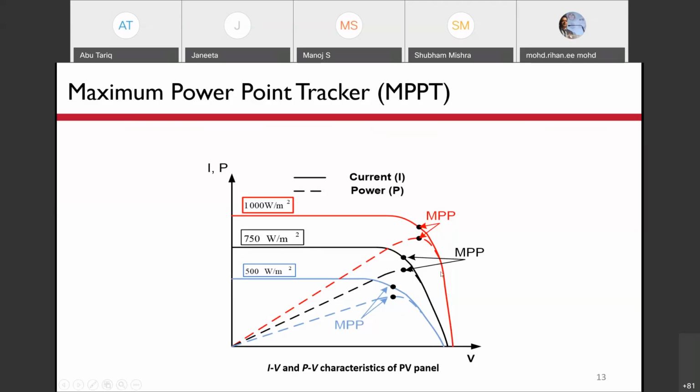After a certain loading, you can see that the curve starts bending. Now the current doesn't rise in the same proportion, but the voltage continues to decrease. After a certain point, the current becomes constant.